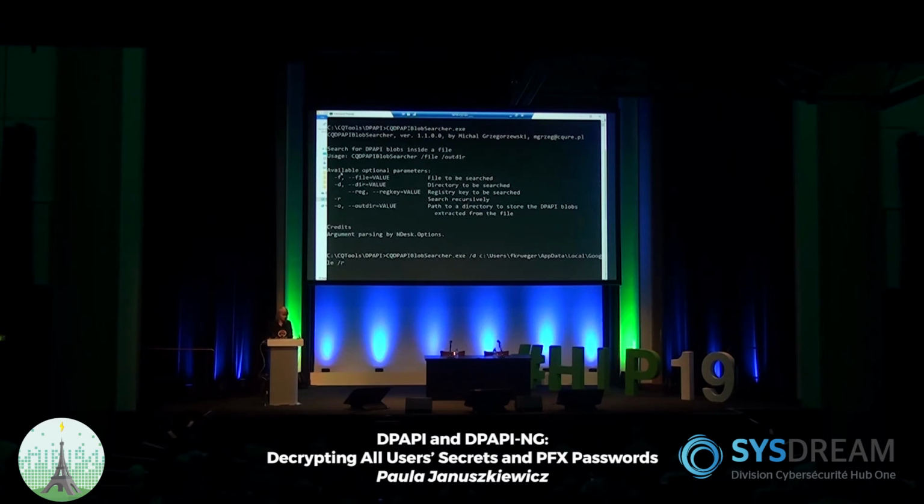So let's just give it a direct path, more or less. It doesn't have to be direct, but we're going to use /r, which is recursive, and /o to give it a folder where we're going to write the output of the secrets.